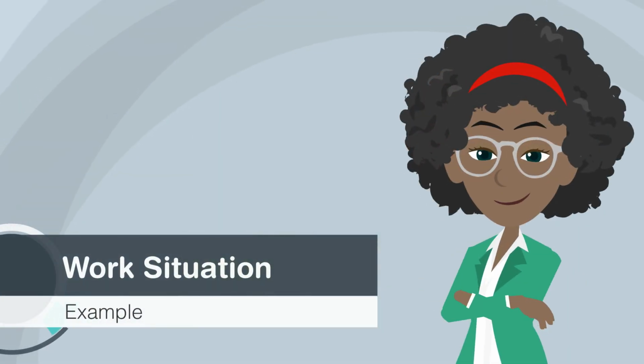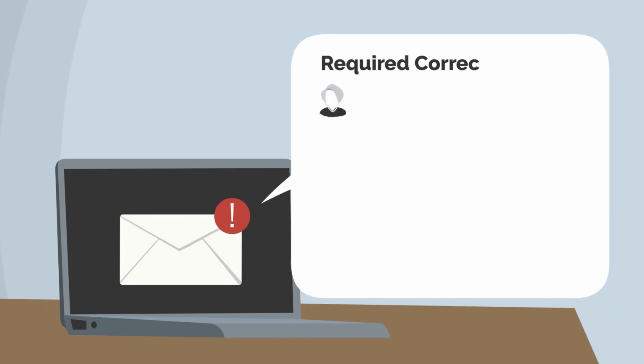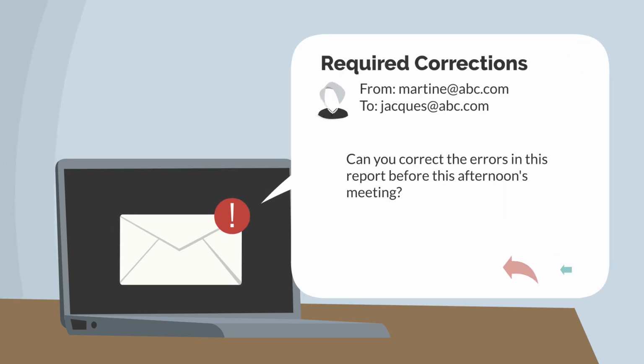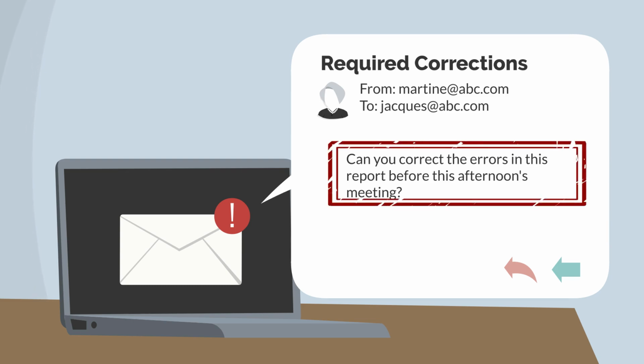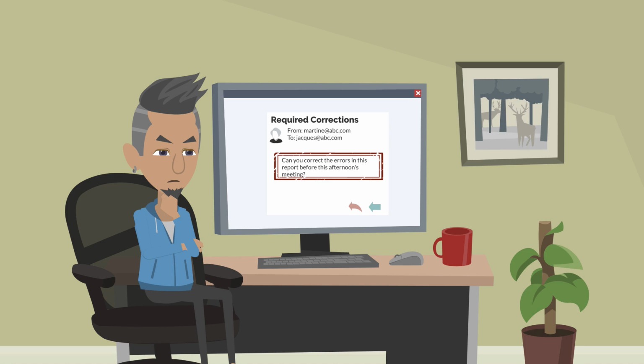Example of a work situation. An employee receives an email from their superior with the following message: "Can you correct the errors in this report before this afternoon's meeting?" The explicit information is a request to correct the errors in the report before a certain deadline. The way the email is written and interpreted by the employee can reveal elements about the relationship between the